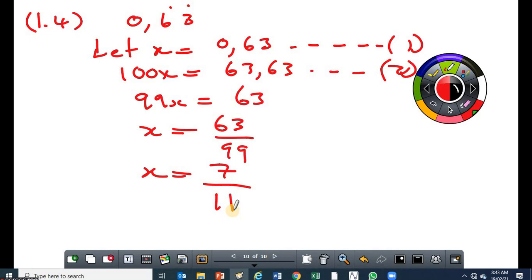If you have 21 over 33, it's correct, but it's not simplified. So you have to simplify them. All right. That's it. Then the last one. Now the last one,